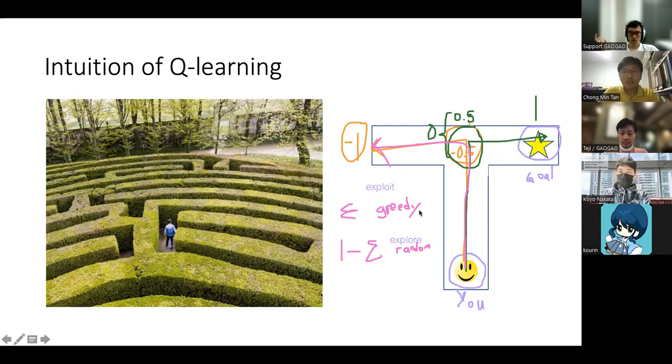So the idea of Q-learning, after you do all this to explore the state space, is we not only do that, we actually keep looking one step backwards. In order to reach this very bad state, what must you have passed through before? Then you basically update the value of the previous state and so on. In order to do that, you need to do something called temporal difference learning. The idea is basically updating the future states backwards, so that your current state already gets the value of your future states. So can you see that if you keep doing this backwards updating, eventually at the start over here,